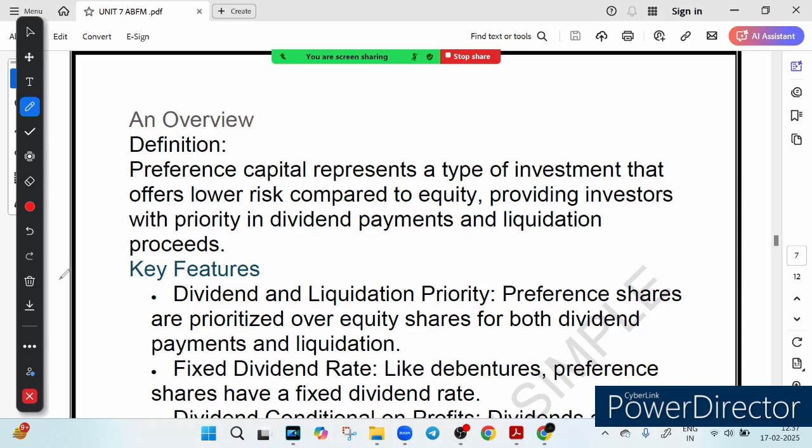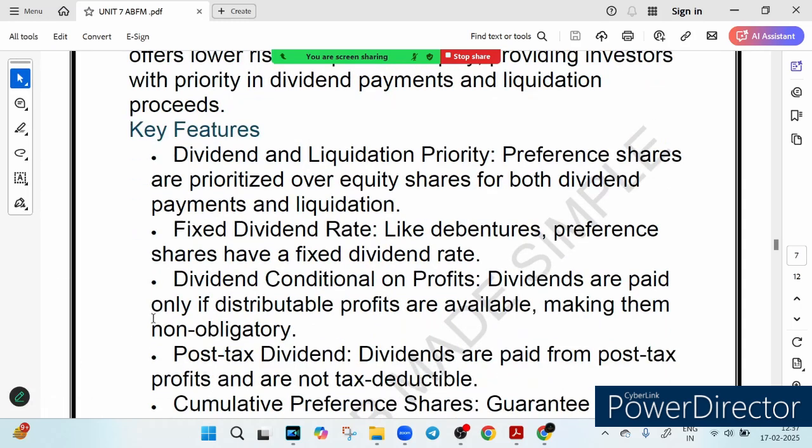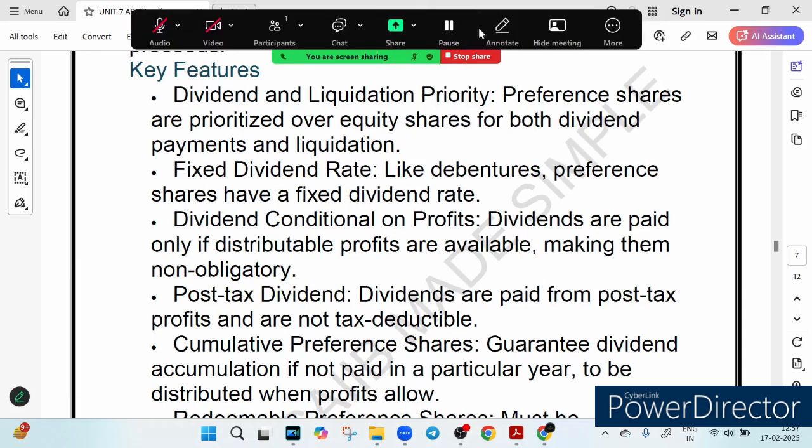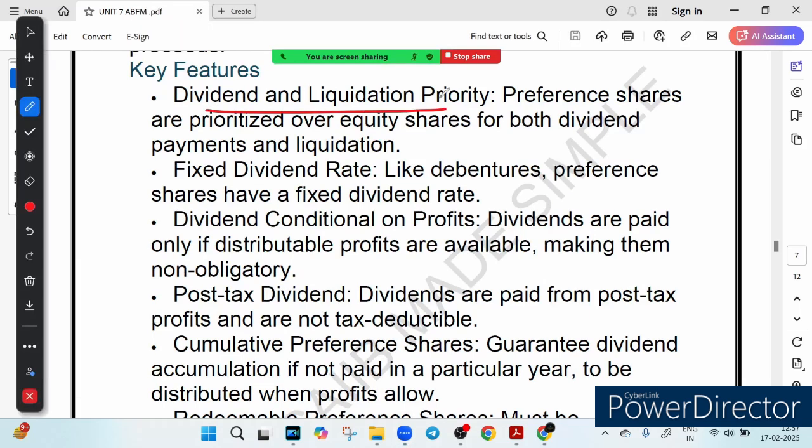Now, what are the key features of this preferential share? The first is priority in liquidation as well as profit. We know it very well, right? So preferential shareholder get paid first before equity shareholder, whether it is dividend or in the case of company shutdown. And the next part is fixed dividend, which means predictable income. Since their dividend is fixed, their income is also predictable, right? So they receive a fixed dividend rate, just like interest on loan, making it a stable investment for them.